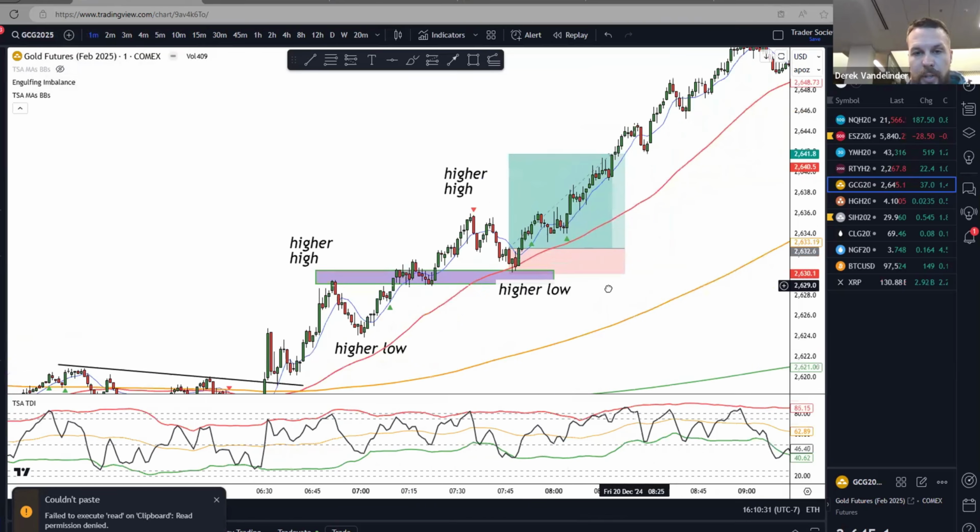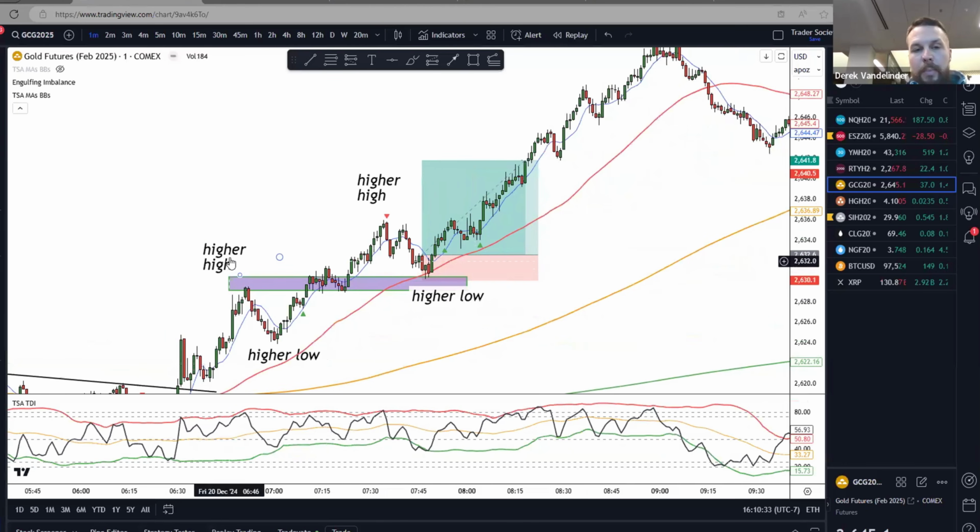Now, this is the trade that I took today. So this is what we call price action. Higher high, higher low, higher high, higher low, break of structure, break of resistance. So we finally broke through that resistance. Now what I look for is this red line right here, which is our 50 moving average. And it's not always going to be on the 50 moving average. When it is, it's much, much cleaner, much better, more of a pure solid